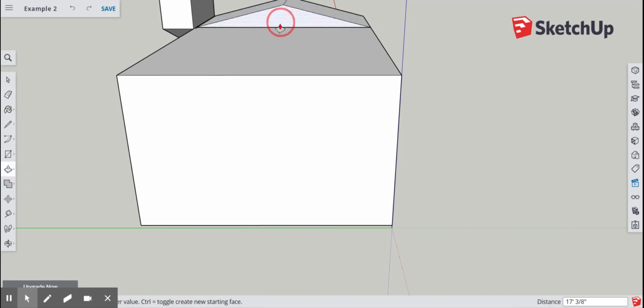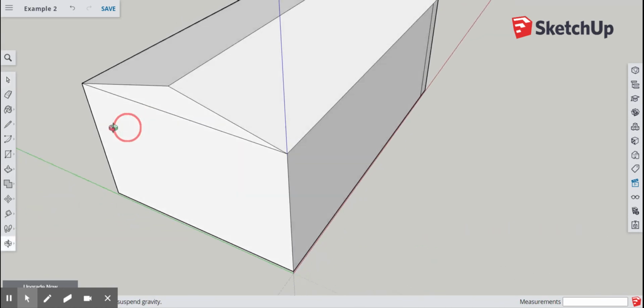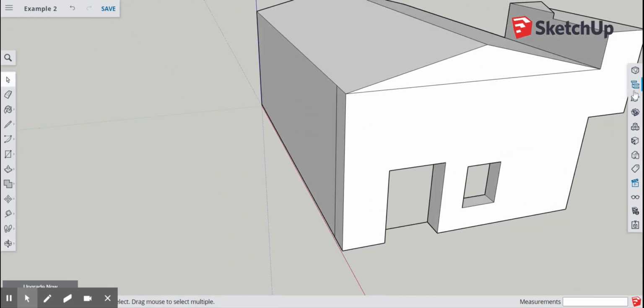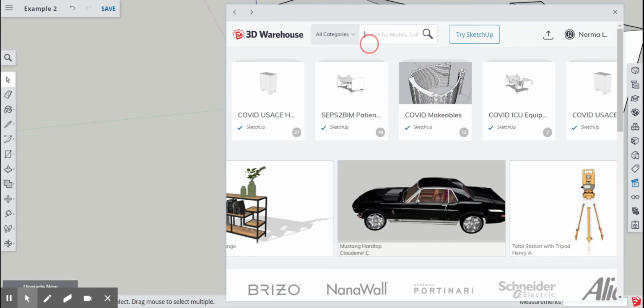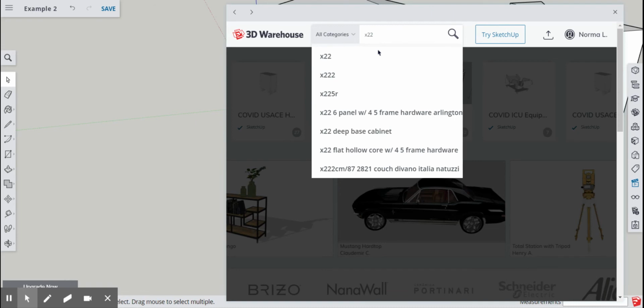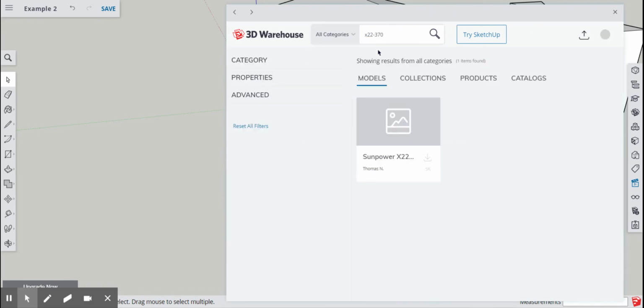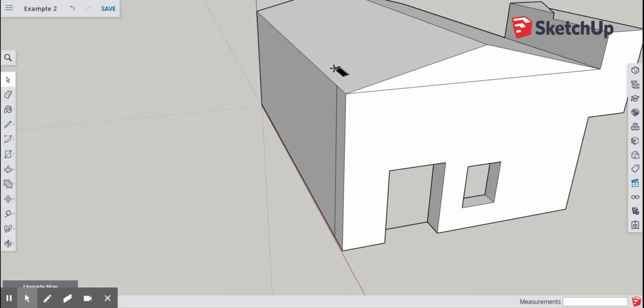See how it's dotted? That's great. I'm going to push all the way to the edge. See, it even tells me. Pay attention to what it's telling you because it wants to help you, right? So there's my roof right there, right? You see? Then I'm going to go to the warehouse. I'm going to type in again the X22-370 panel. Enter. I'm going to hit download right there, download the latest version, and I'm going to place them